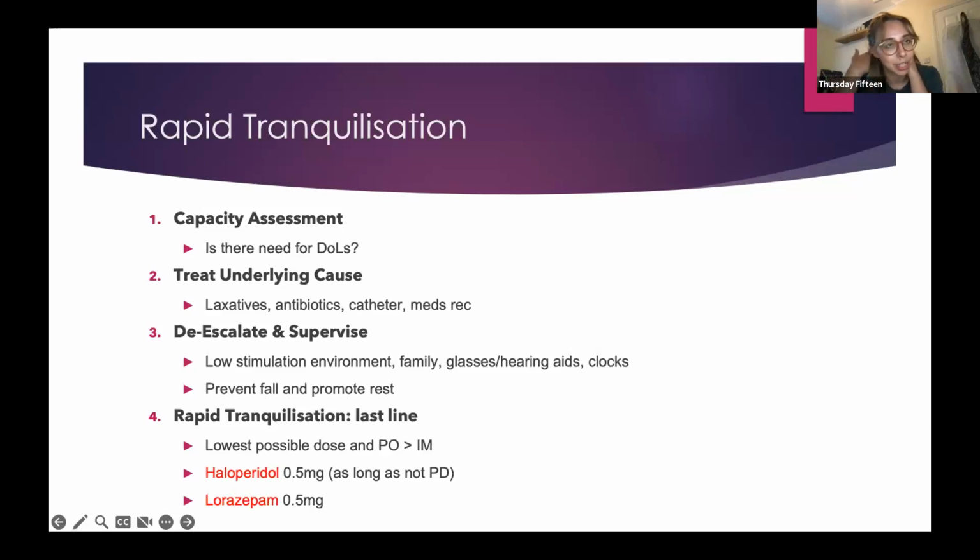It can sometimes be a temptation, and obviously these medicines don't come without risks. These are old, frail people who might get a delirium and could have a high risk of falls. So I would always just prescribe it as a stat dose, and if you need to go back and prescribe another dose, then you can do that, but at least everyone's safe.